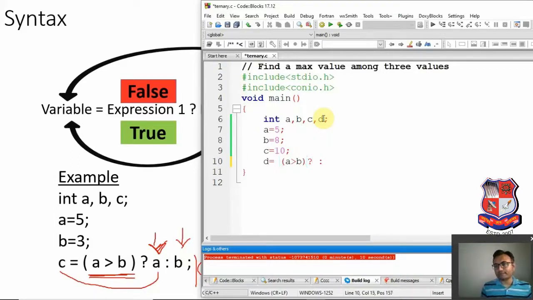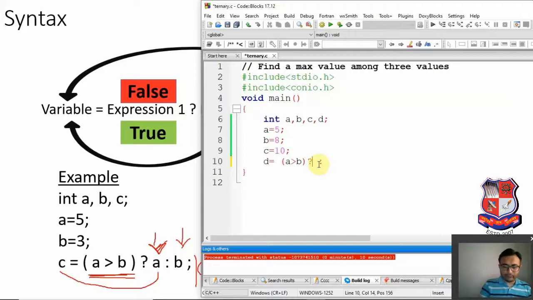So in expression 2, we are going to compare the value of a with c. Why? Suppose expression 1 is true, meaning a is greater than b, then a is larger than b, and we just have to compare the value of a with c only. So that will be compared over here in expression number 2.